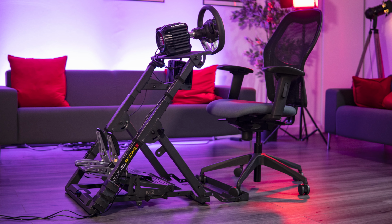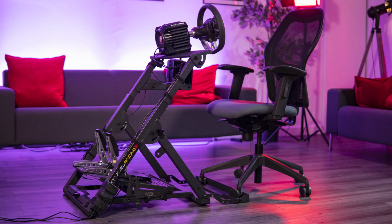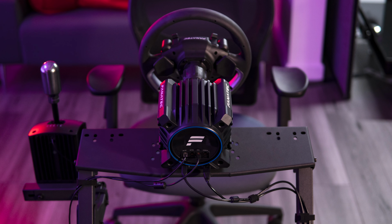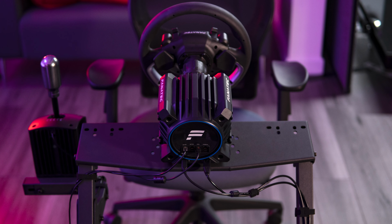I'll tell you what, when we were sent our first wheel stand to review last year, we really weren't sure what to expect. We thought even the most basic full cockpit would be better than having half of one you need to supply your own chair for. Boy, were we wrong. We have loved using the Wheelstand 2.0 from Next Level Racing here at TraxionGG,